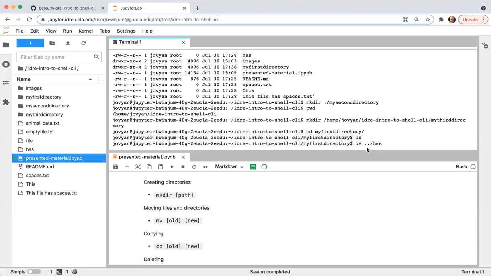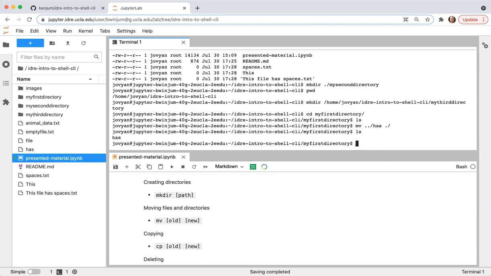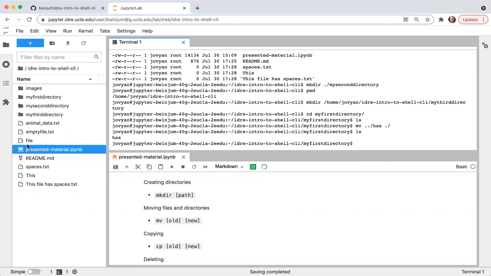This is the relative path for the file that I want to move. And then I want to move that into the current directory, whose shortcut is period. Now, if I list the contents, has will be moved from the parent directory into this one. And you see, it disappeared here from my file list.